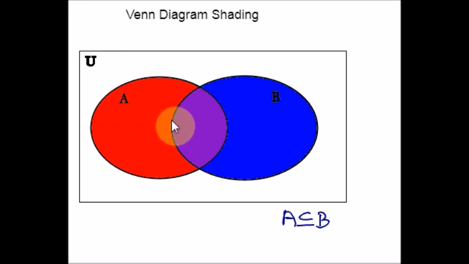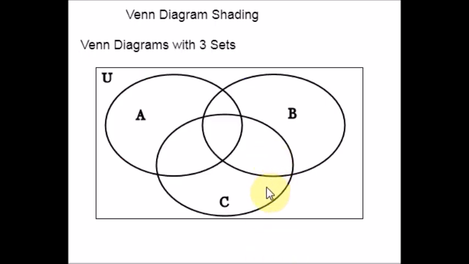Okay, now let us move on to Venn diagrams with three sets. In all of the examples we will be looking at in this video, we will often be working with 3 or more sets. We can draw a Venn diagram with as many sets in it as we like. In general, a Venn diagram for 3 sets would look something like this: 3 circles.